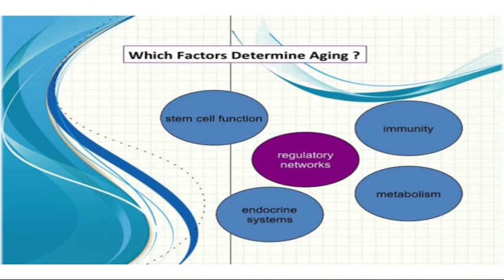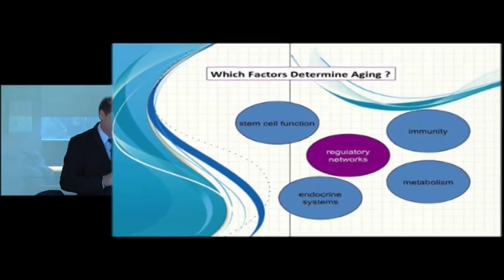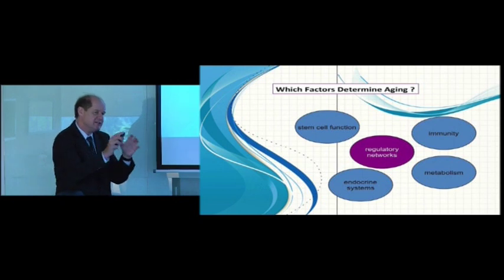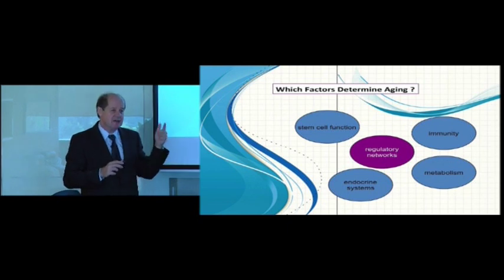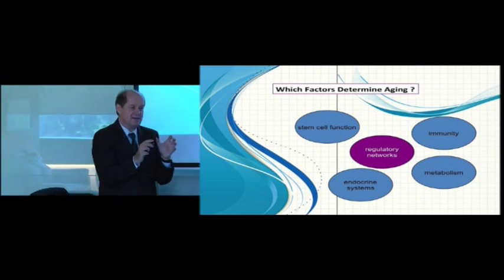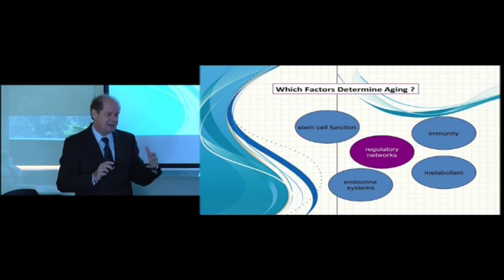So my concept is aging basically relates to the ability of our stem cells to repair and to restore the body integrity and natural body functions. We have specific stem cells in various stem cell niches: in the skin, in the gut, in the liver, in the muscle, in the brain. If we block those, then you will have a lack of regeneration, and this causes aging.